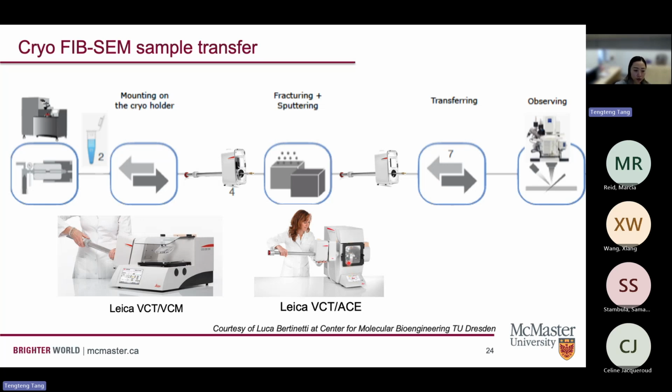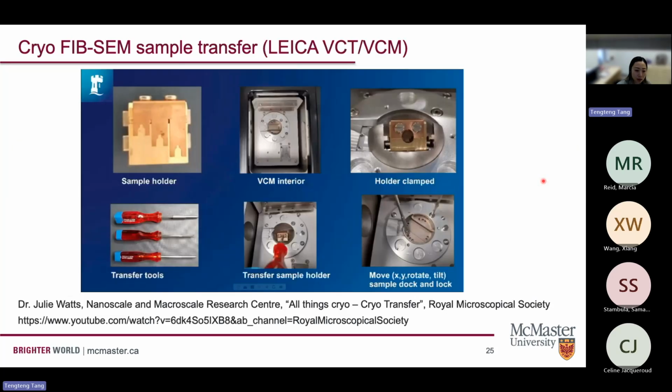You can also fracture open the planchette to expose what's underneath the sample, and then use the VCT again and then transport the samples after coating to either cryo-TEM or cryo-SEM. So I have a short video just to demonstrate very quickly how the transport of the sample happens using the